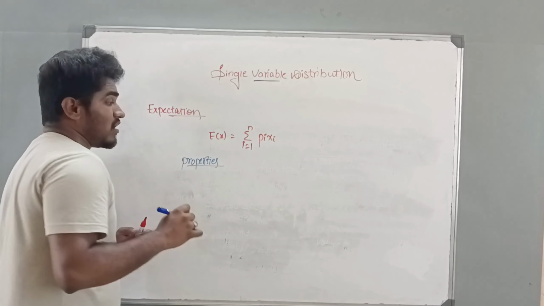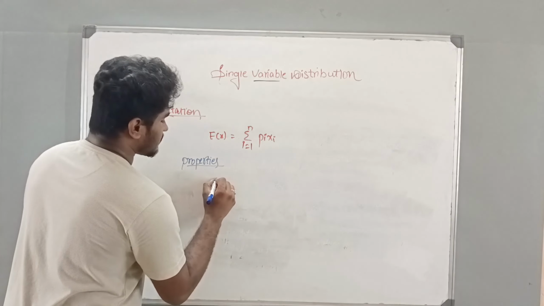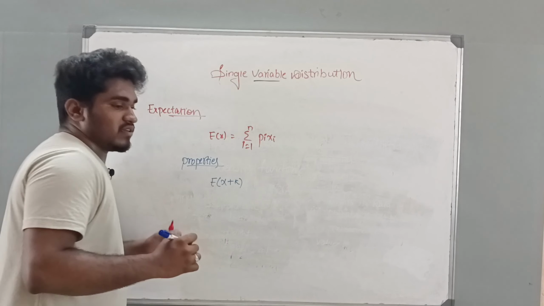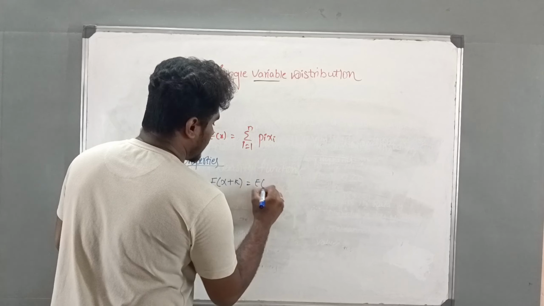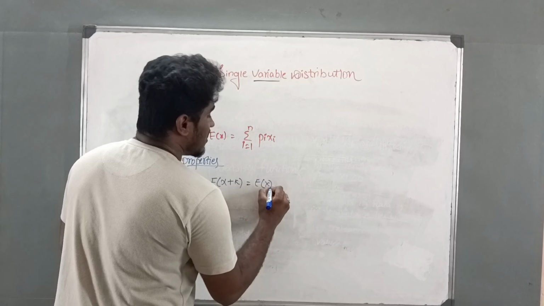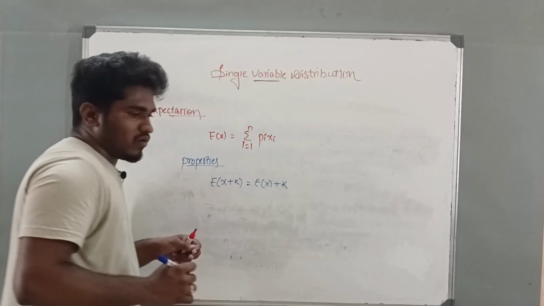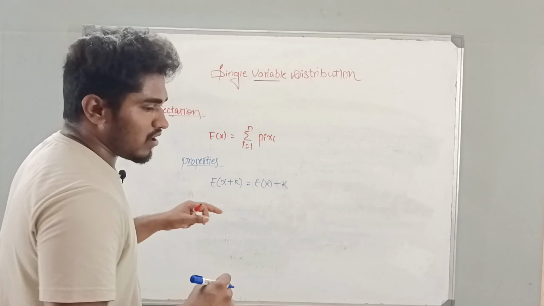So these are some properties of these expectations. E of x plus any constant value. If it is E of x plus any constant, we have to find the expected value of x and add that particular constant. This is one of the properties of expectation. And then we have